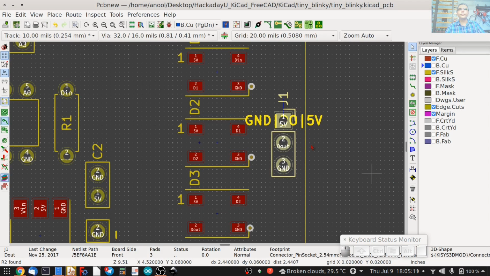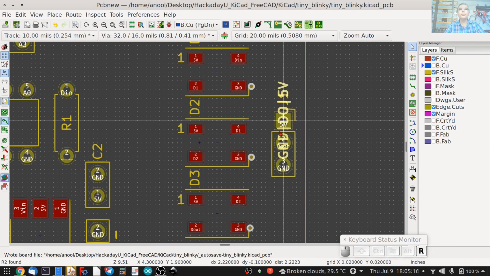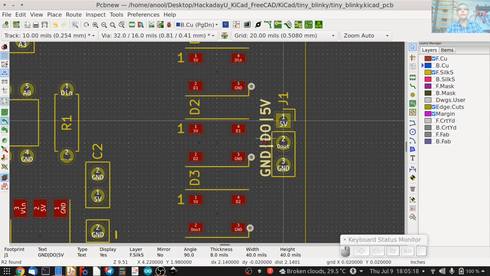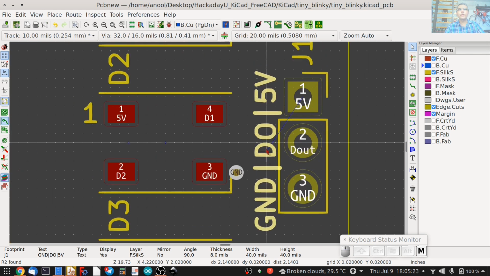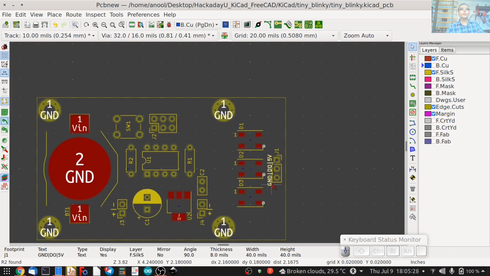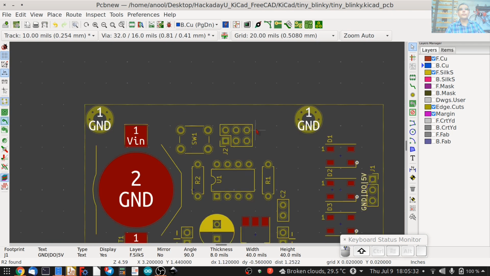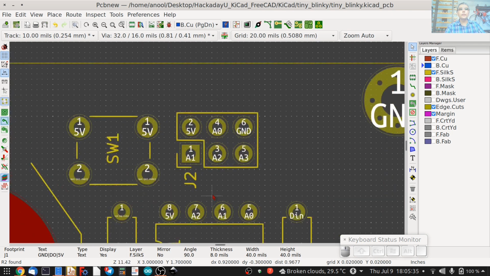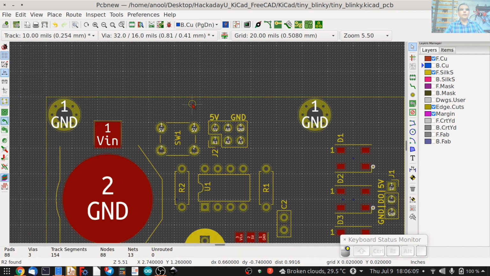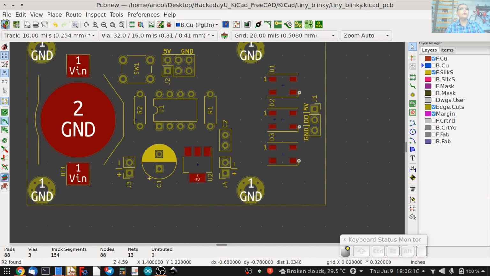And then I select this text, aim to move, R to rotate like so, and place it somewhere. Need to move it a little bit more like so. So there's ground, D output, and 5 volts. And maybe we should add some text here for the programming header also, at least the indications for 5 volt and ground. So that's descriptive text added as labels to existing footprints.